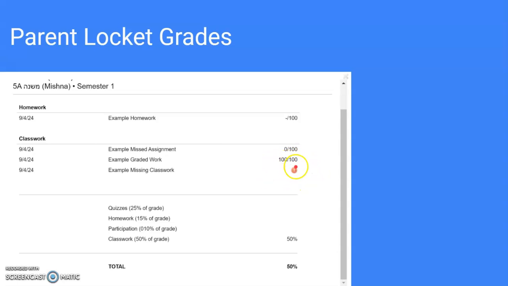Obviously, something with a grade has been completed and has the grade submitted before. These are features that will help you kind of clarify when the student comes home and says they do or don't have class, or they do or don't have homework. What does that mean? How can we check those? How can we get on top of it? And how can we go double check that things are not missing? This helps you support the students,